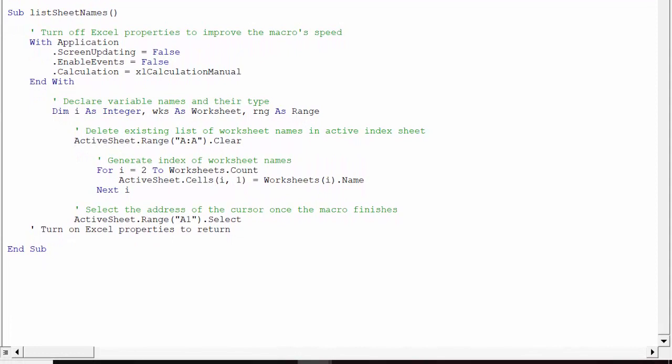Remember to re-enable the three Excel properties which we disabled before we ran the macro.